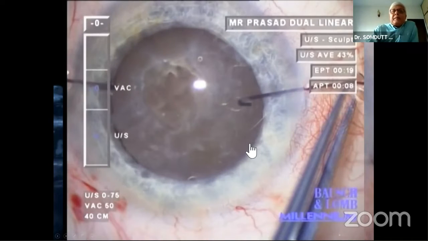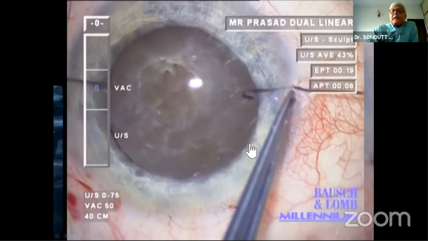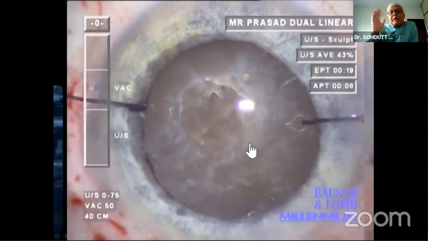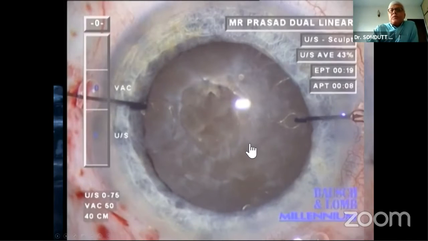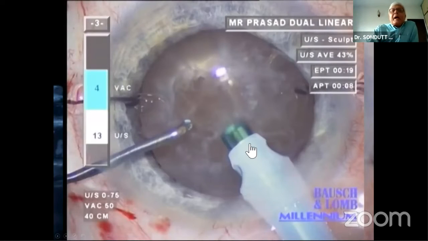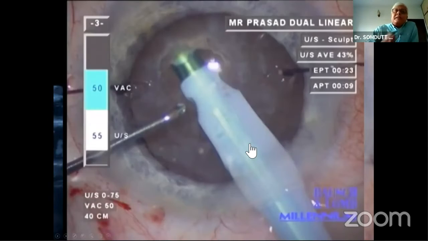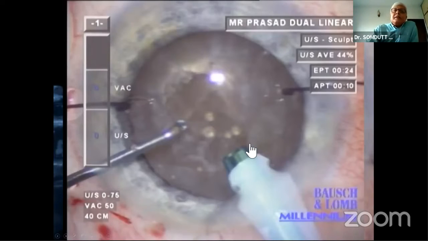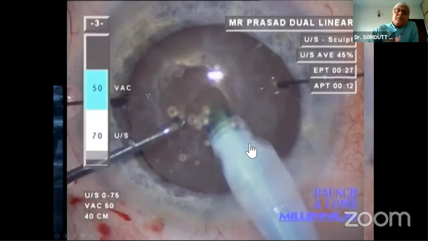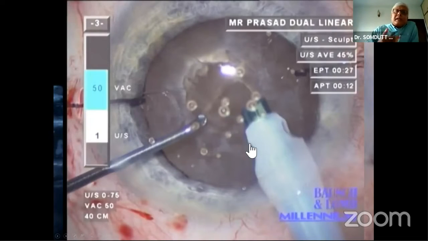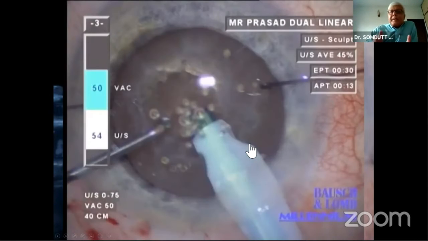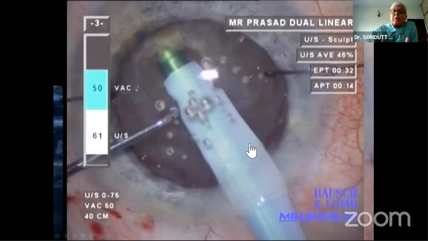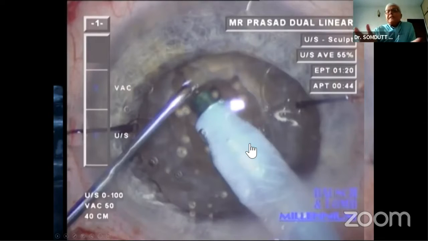So that bag can hardly go south till I decide to take my iris hooks out. By that time, the lens will be gone, so I won't have to worry. And then I go back, and yes, it's still wobbly, but it's relatively stable. And you make a very deep groove because, again, you don't want to use much separation force, and you split right at the bottom of the thing. And once you split it, then you're back to an easy game.